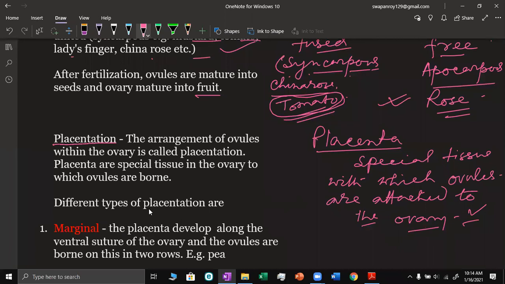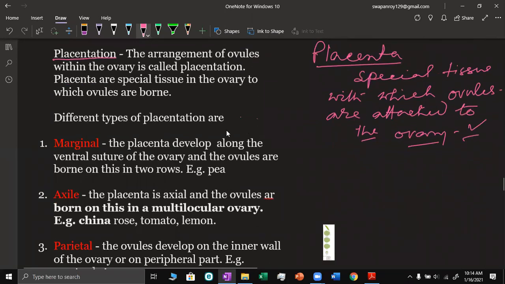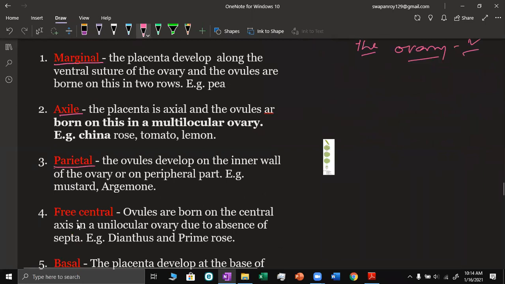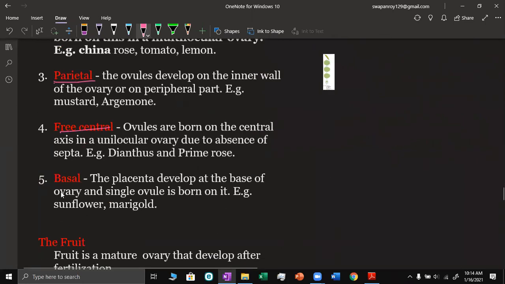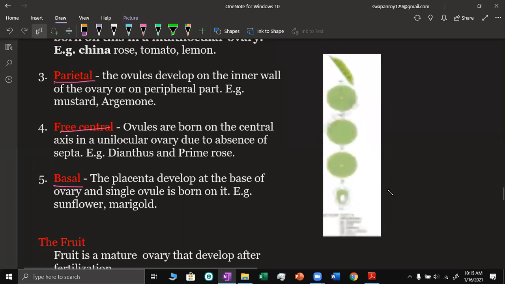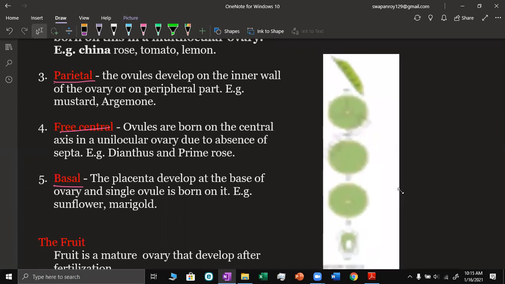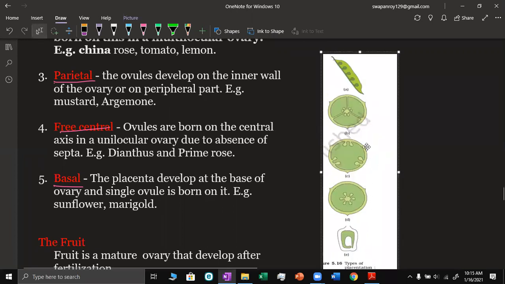So different types of placentations are there: marginal, axial, parietal, free central placentation, basal placentation. Here is a diagram for the